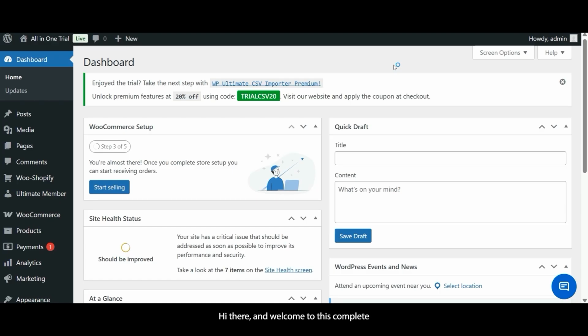Hi there, and welcome to this complete walkthrough of the Shopify and WooCommerce integration plugin. This plugin lets you quickly connect your Shopify and WooCommerce stores, making it easy to migrate or sync products, orders, and customers with minimal effort, either one-time or in real time. In this video, we'll show you how to easily integrate your WooCommerce and Shopify stores in just a few easy